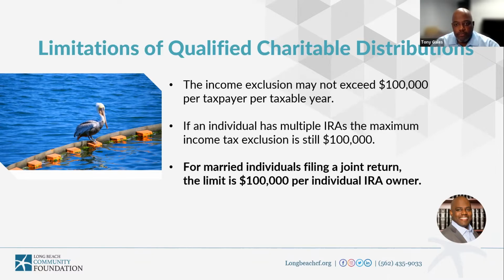Another limitation for qualified charitable distributions is the amount of the annual exclusion. So with $40,000, let's say I didn't save enough throughout the years and my RMD's pretty low, my $40,000 RMD will be below the annual exclusion of $100,000. But let's say I had started saving early in my career and built up a pretty large nest egg to where my RMD was greater than $100,000. I would be limited to a $100,000 exclusion on an annual basis.